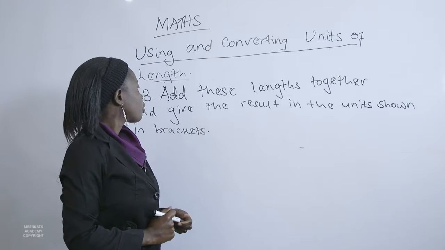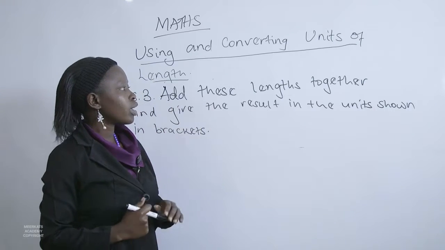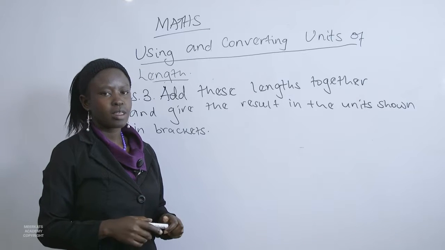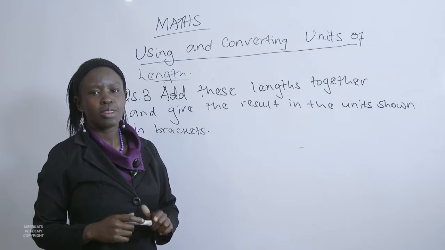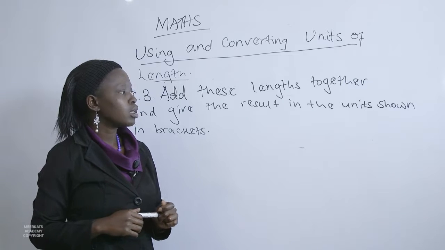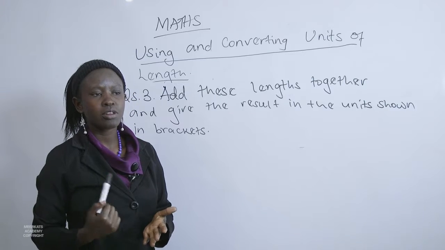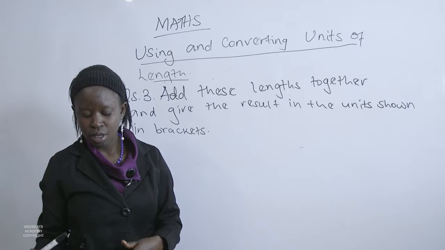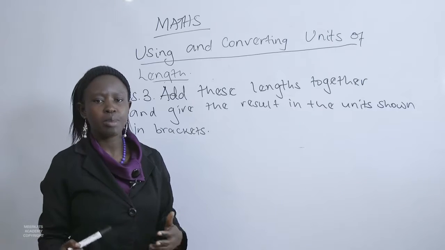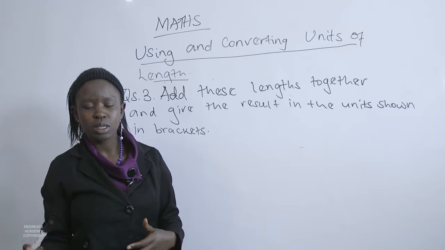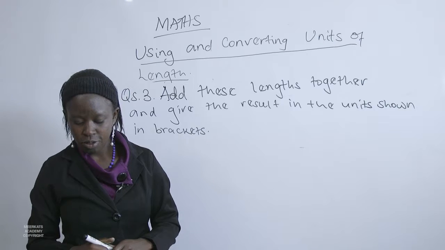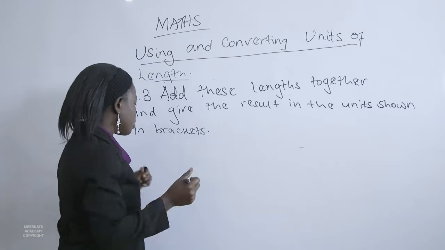We are required to add the lengths that are given, and we give the result in the unit shown in the brackets. So that means our result should be in the units that we've been given in brackets. So the first question we have